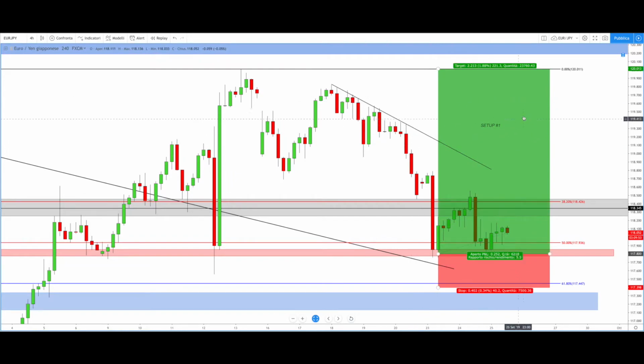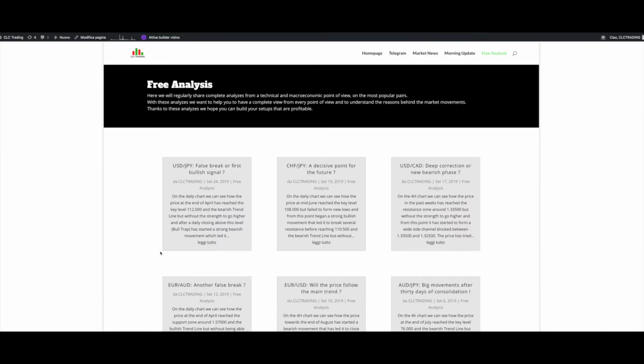This analysis that we share with you was shared in the weekly PDF. That is the 3 PDFs that we share with you every weekend. But during the week, we also share with you some free analysis that you can find on our Telegram free channel or in the free analysis page on our website. And we can see here on the free analysis section that